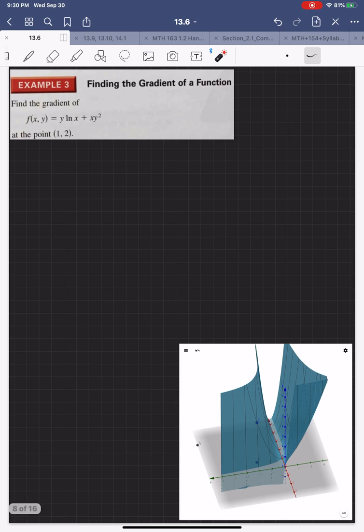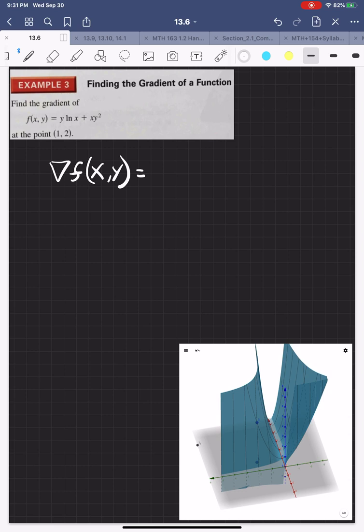Ready? Let's start with how we find the gradient of a function. Here's the function: find the gradient of the following function, and they go a little farther and tell us what point we are at. All right, well, let me go ahead and write the recipe, the notation. So the gradient of f